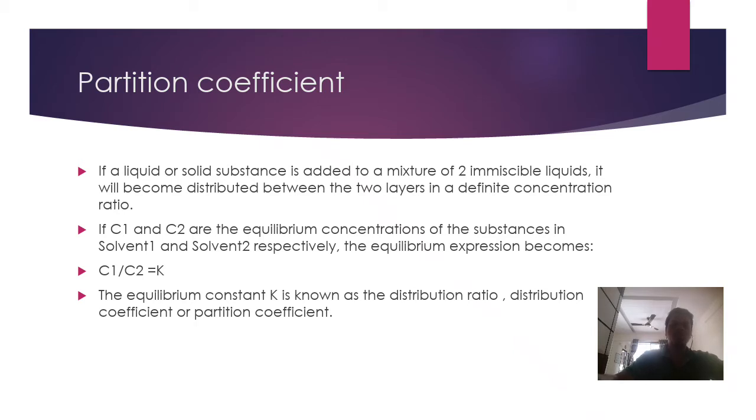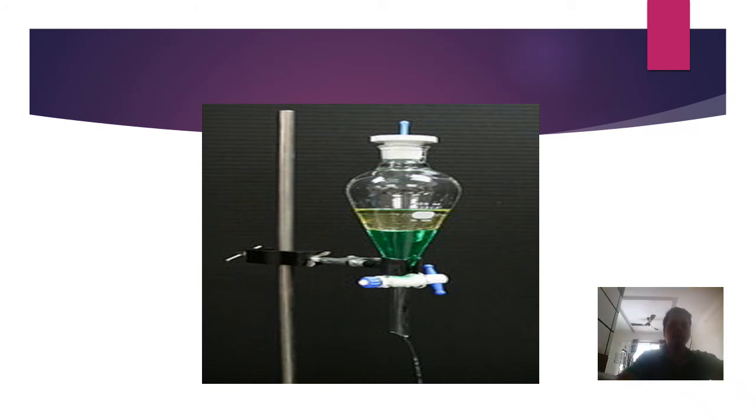So by finding out the value of K, we can know the particular value of a partition coefficient. Now this is a simple diagram which you might have seen in your lab scale, or during the performance of your practicals. This is a separating funnel and there are two layers. Say the bottom layer is the aqueous portion and the upper layer is the organic layer. Whenever we add the aqueous liquid as well as the organic liquid, they are totally immiscible in each other.